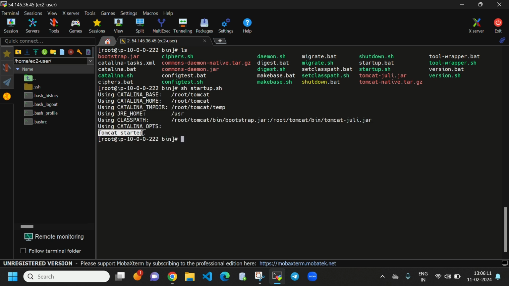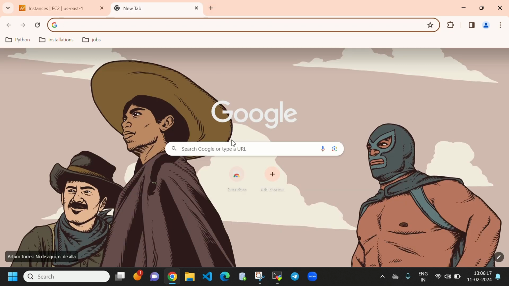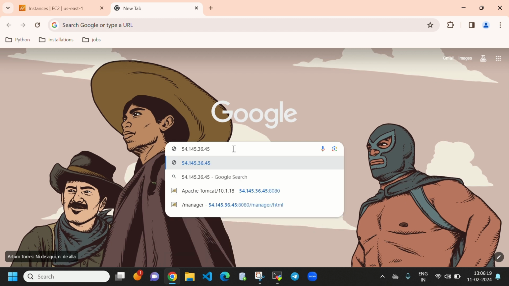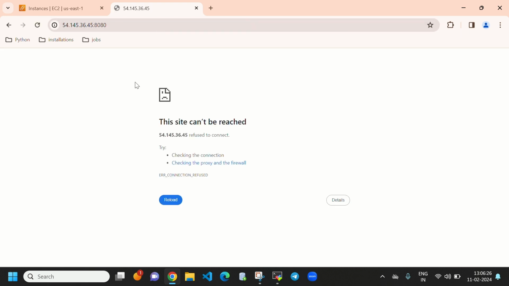You can see Tomcat started, and let's access with the port. First let's access with port 8080. The default port number of Apache Tomcat is 8080. It will throw an error because we changed the default port number from 8080 to 8000. You can see the site can't be reached.